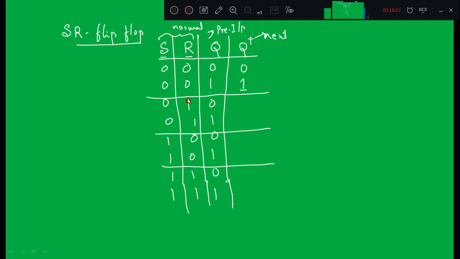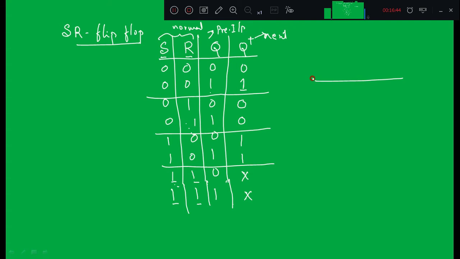So for the next two combinations, R is equal to 1. Please refer back to the truth table of the SR flip-flop. When R is equal to 1, whatever may be the input, whatever may be the previous state, we will get output as 0 0, because R is 1. Here S is 1, so irrespective of the previous state, the next state will be 1 1. And for the last combinations we have a forbidden state, when S is equal to R is equal to 1, irrespective of the value of the previous state. We will not consider these two combinations, because the outputs are not going to be complement to each other, right?